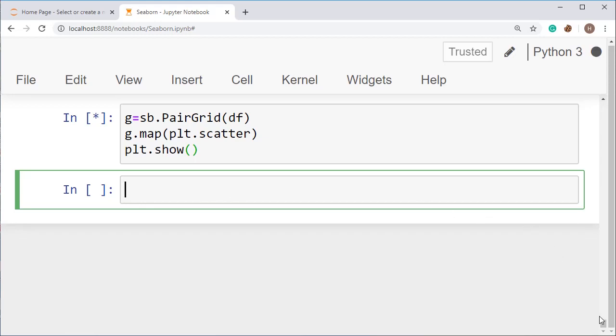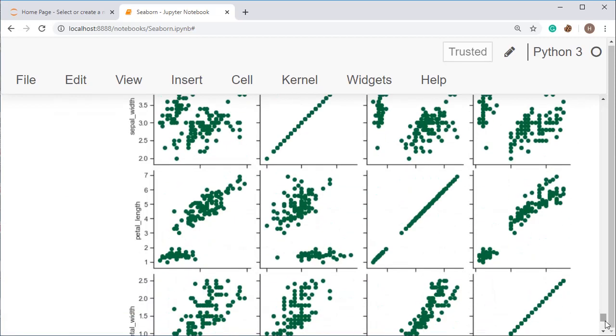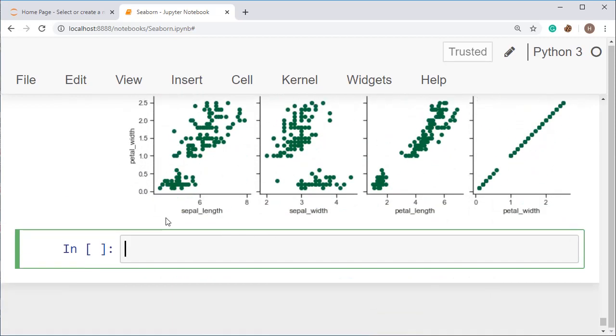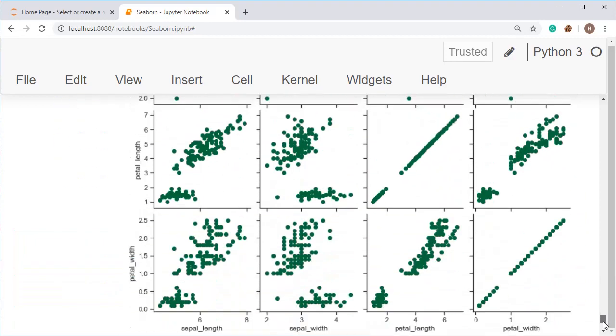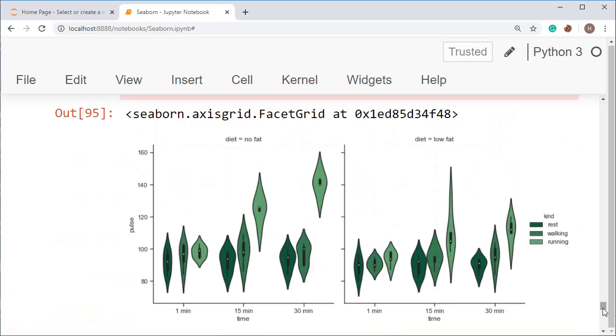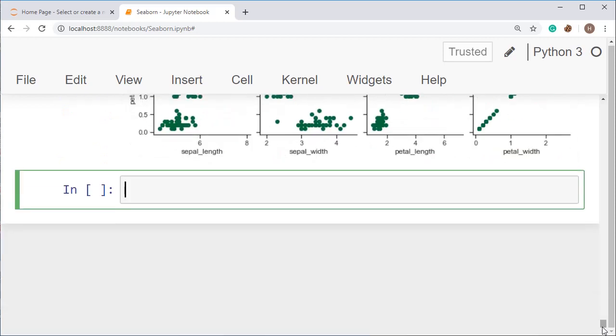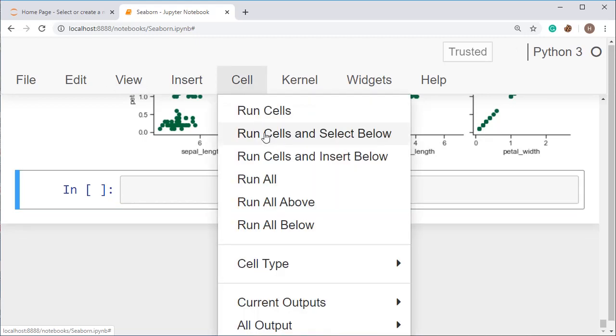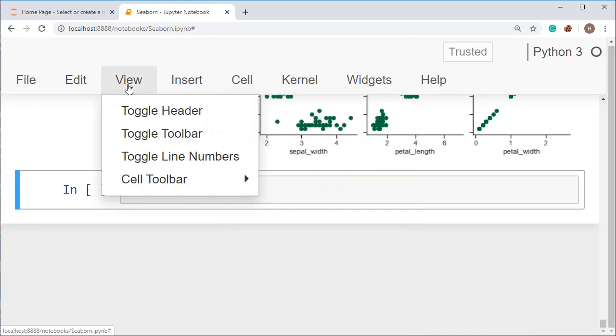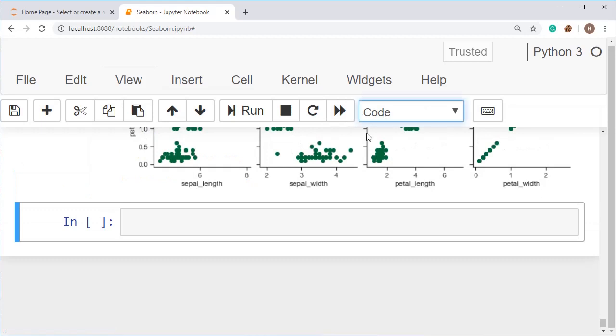If you have knowledge of matrices, then I hope you can understand this. See here, this is all the rows on the x-axis. Here are the four different columns, and on the y-axis you can also see the four columns. Actually, it is representing them in this manner. See here how it is creating the pair grid. If I say it in this fashion, first convert this cell into a toolbar and set this to row, and we convert. Now I am going to show you this.